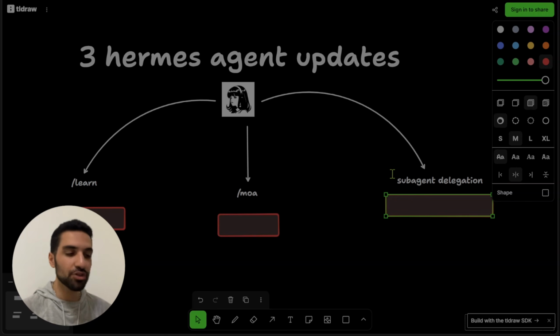Now to quickly wrap it up: the learn command, which can turn information into reusable skills. We have mixture of agents, or MOA, which sends the same prompt to multiple models and combines the best answers together. And we have sub-agent delegation, or sub-agents in parallel, which splits a bigger task between multiple sub-agents working together in parallel. Now, out of these 3, let me know in the comments which one you think is